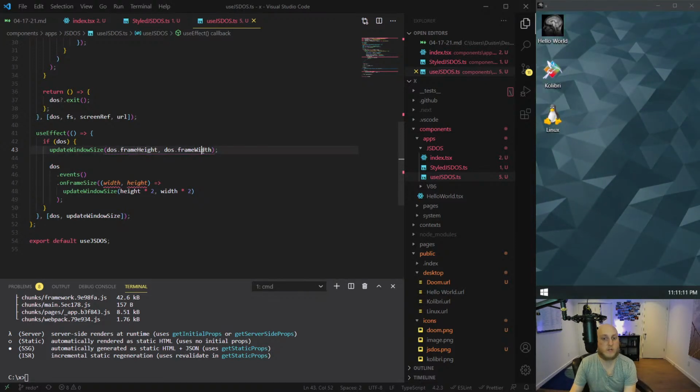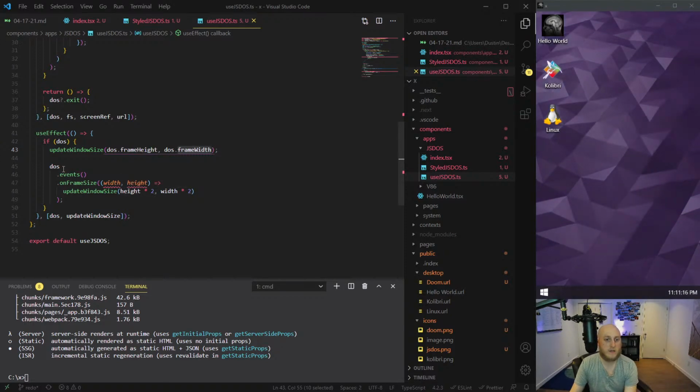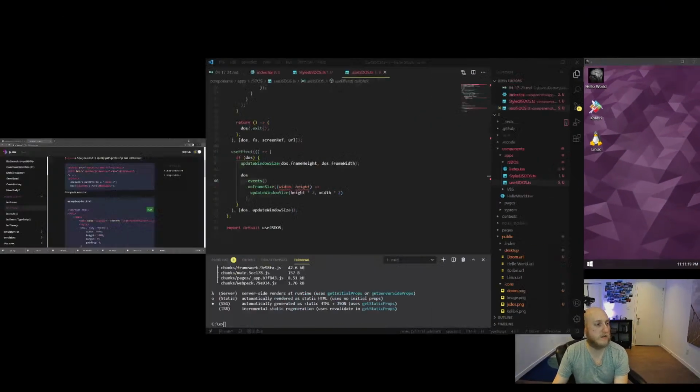These are two variables that I just happen to know because I looked at the object, just through analysis. And then same with this here. And this is all, again, this is stuff